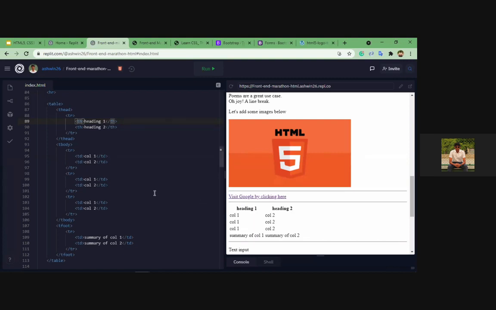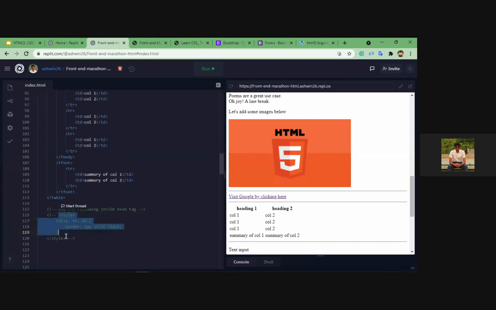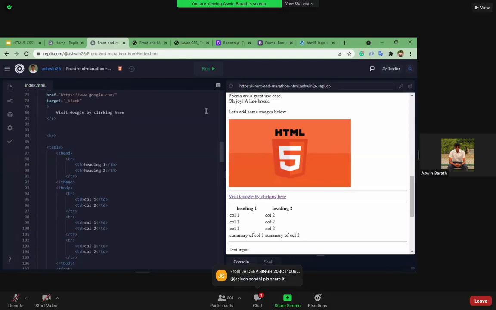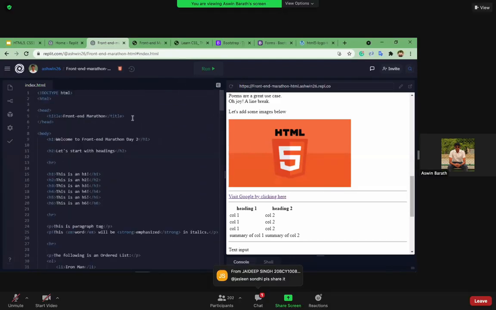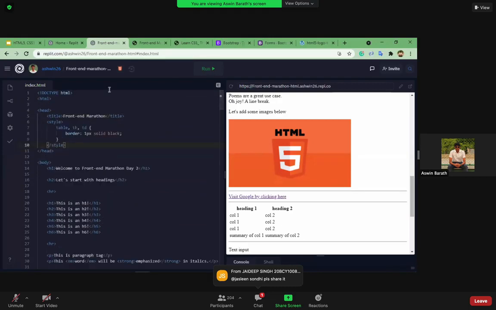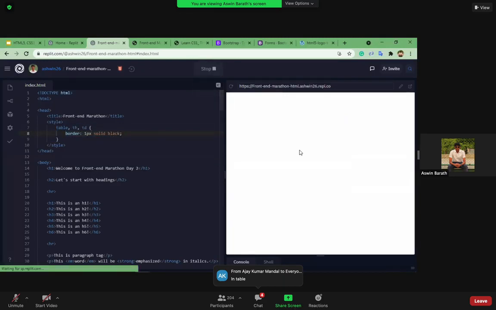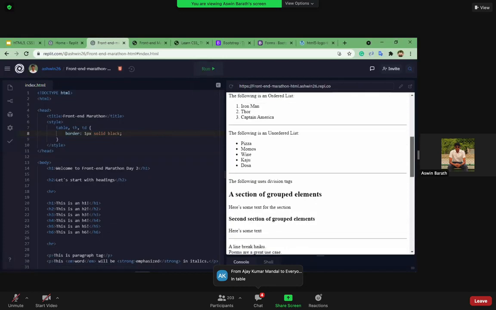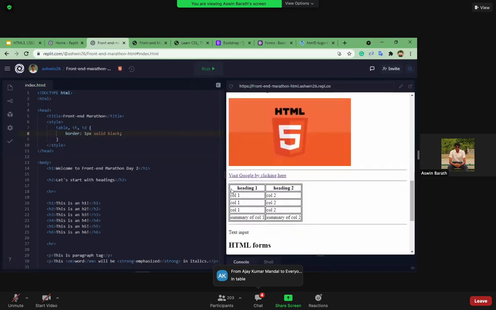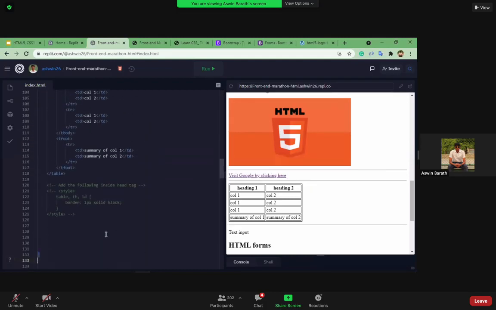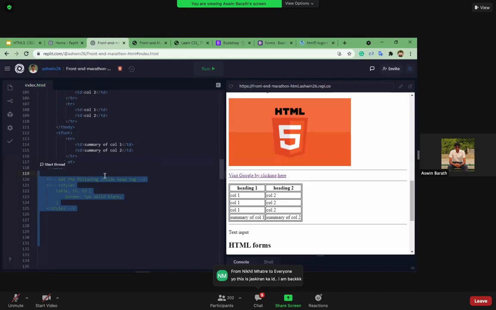So that's where we have to use CSS. I will just show you the internal CSS inside the HTML file. We provided this style where we provide the border for table, th, and td elements with a border of 1 pixel solid black. So when I run this, you will see there is a border applied to this table, as you can see over here neatly, right? So that's what CSS provides us with. It provides us with the styling part of the website.